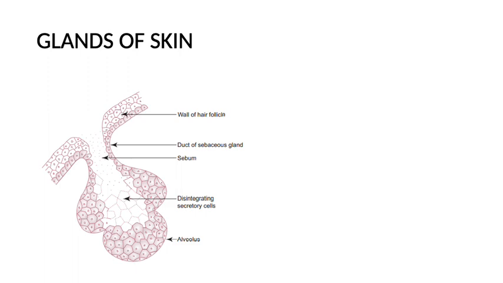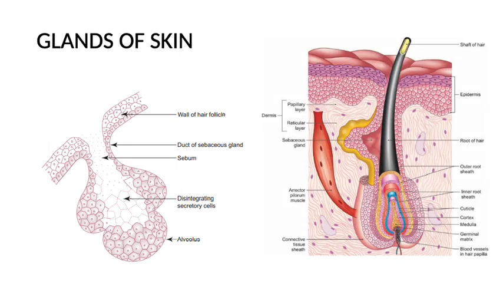Sebaceous gland कहाँ पे होते हैं? They are found in the dermis. If you see here, this erector pili और hair के बीच में जो है, that is the sebaceous gland. Okay. So it opens into the hair follicle. तो oily secretion जो secrete कर रहा है वो hair follicle के opening से ही आता है. And based upon the mode of secretion, this gland is classified as holocrine gland.